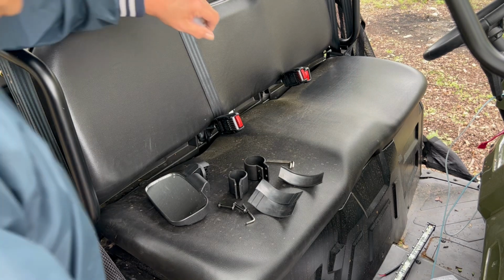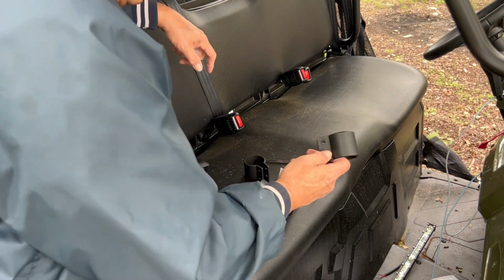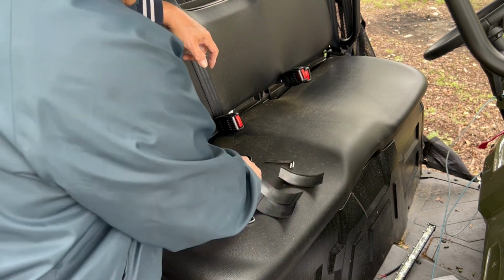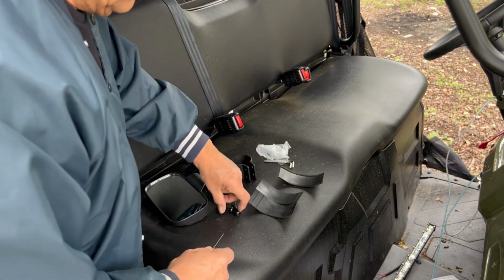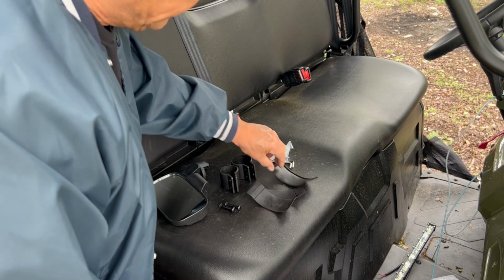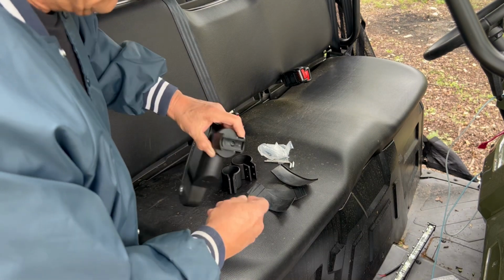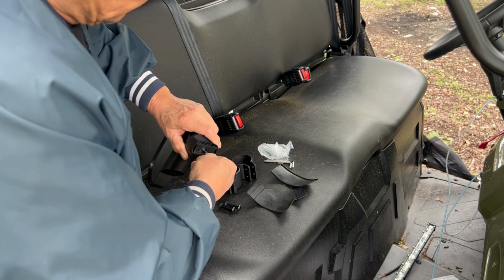Okay, with these Kemimoto mirrors, you're going to get two different sizes of mounting brackets. You have a 2-inch and 1 3/4 inch. You're going to get 3 wrenches and 2 mounting bolts, and you're going to get these flexible rubber shims to help get a better fit on your roll bar. So the first thing we're going to do, we're going to take the smaller wrench